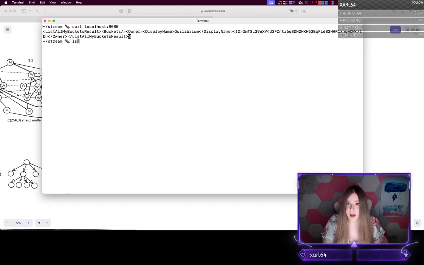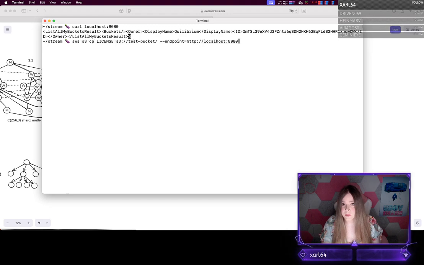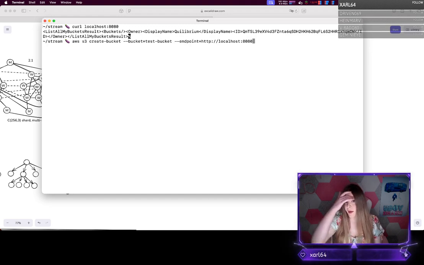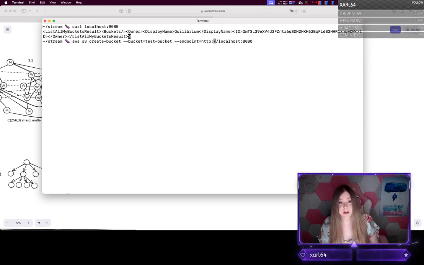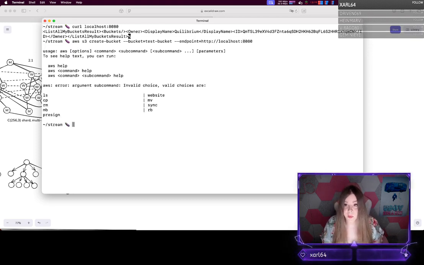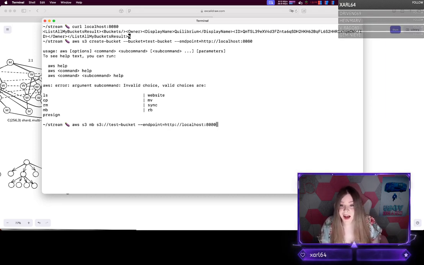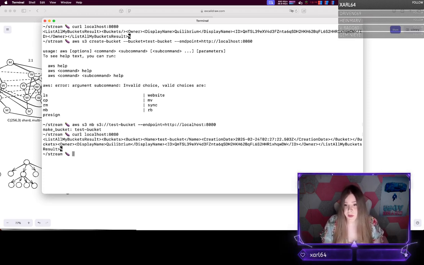Let me go ahead and use the API real quick to create a test bucket. You can see that I've run this before, and you're going to see me make the same mistake I made before. Great. There we go. So s3 mb, s3 test bucket. If you want to use the raw S3 API, it's the s3api command through the AWS CLI, but for the sake of demonstrating even the easy use case, there we go. We have a test bucket. And when we curl it, we now have that test bucket listed with its creation date.